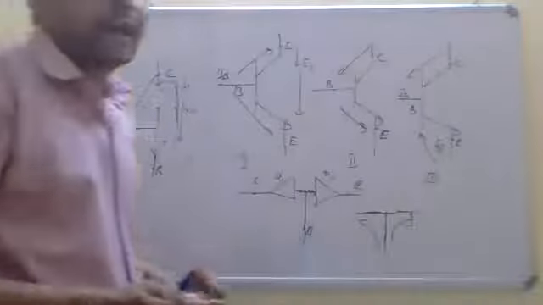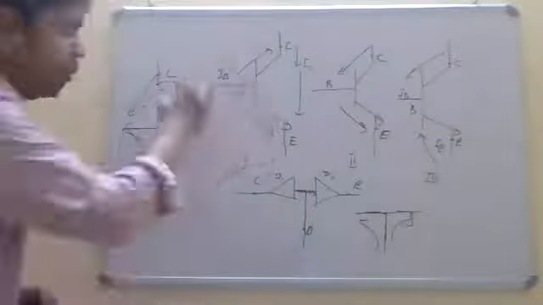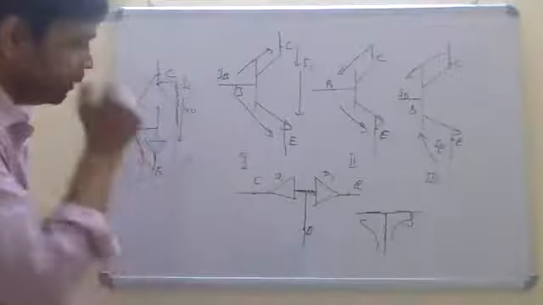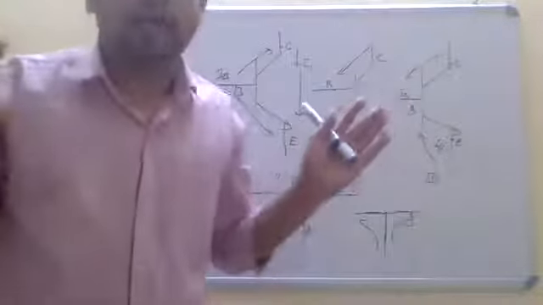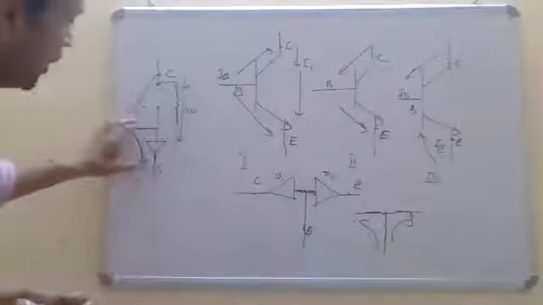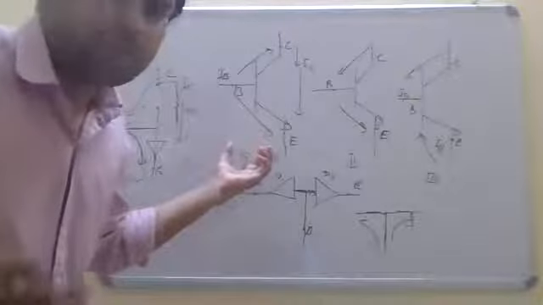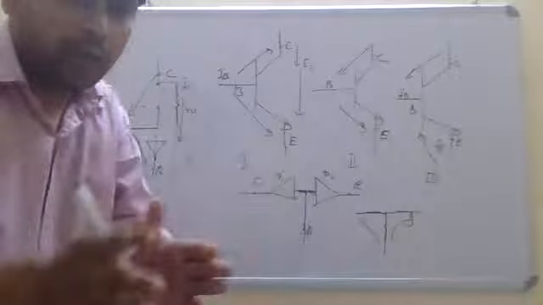So here the problem is how much input we are providing and how much output we are getting. We don't know anything about it. Suppose we are providing some current value, and we are getting some output here, a VC value or IC will be there.